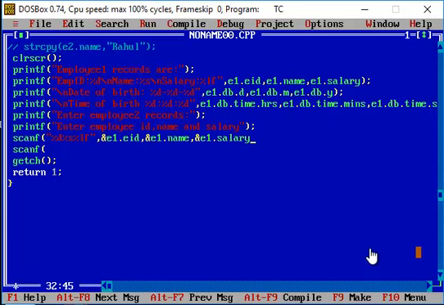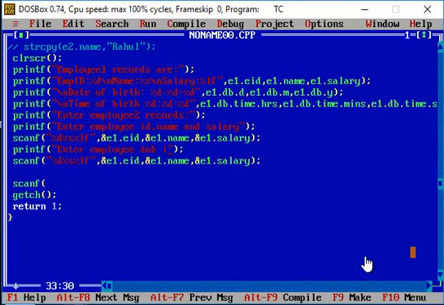And here again, since we are going to make use of the nested structure, I just want to illustrate it with a different printf and scanf statement. Let's say for example I'm trying to get the month and the year. So date of birth in terms of date, month and then year.